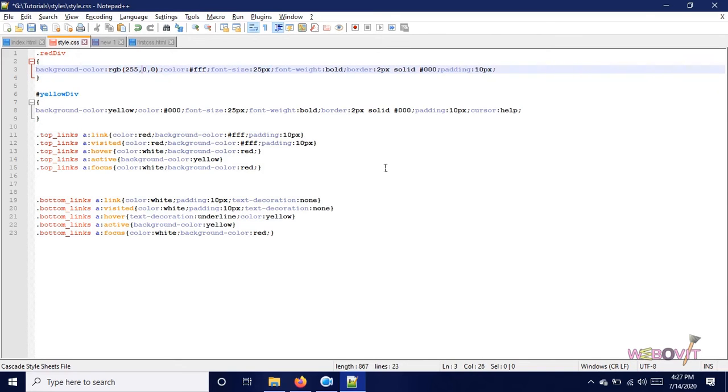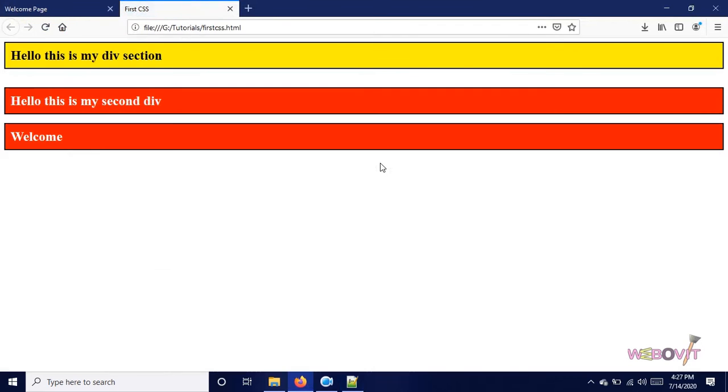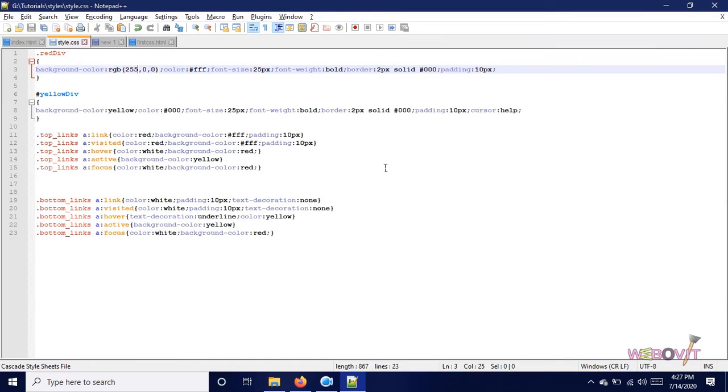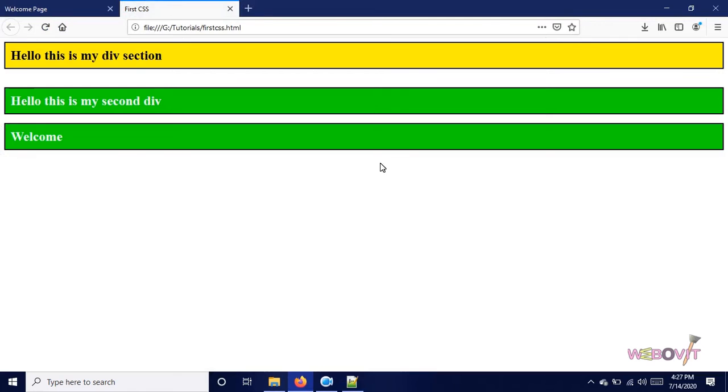Here I maximize the red to 255, the blue is least, the green is least. So if I see the preview, now this is coming red. Similarly, if I make red 0 and maximize green, then this one will become green.